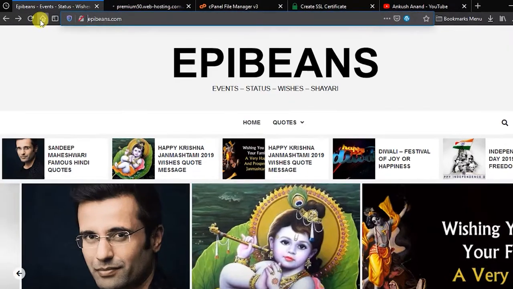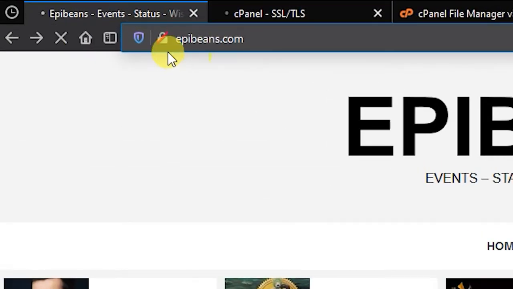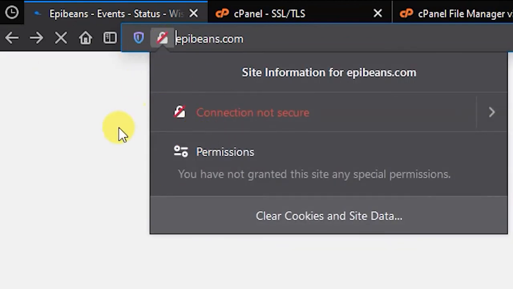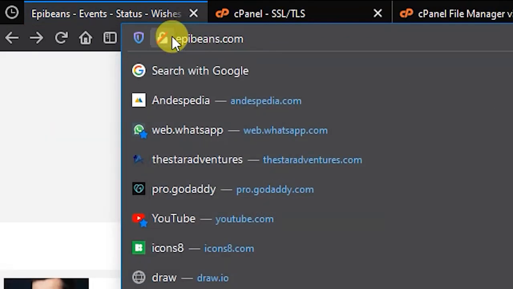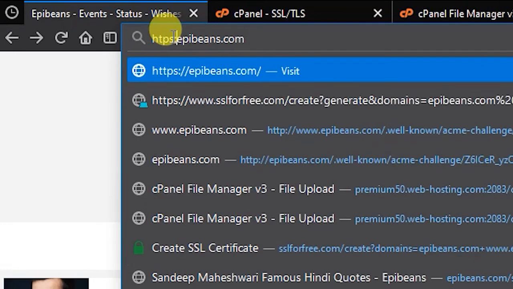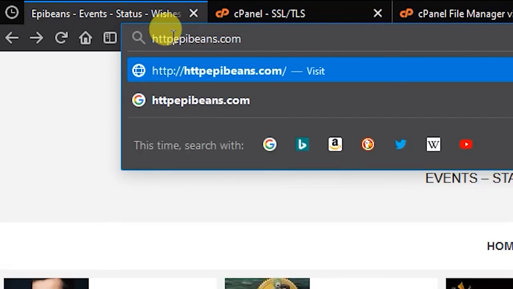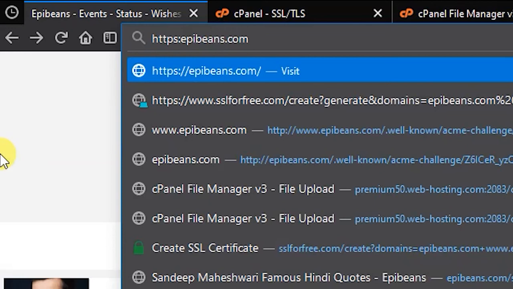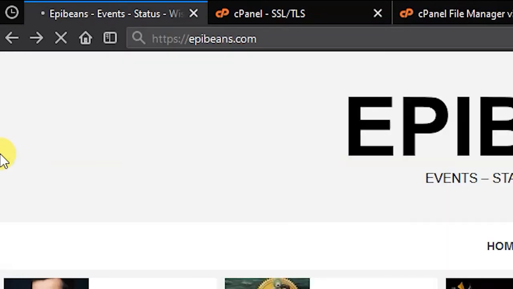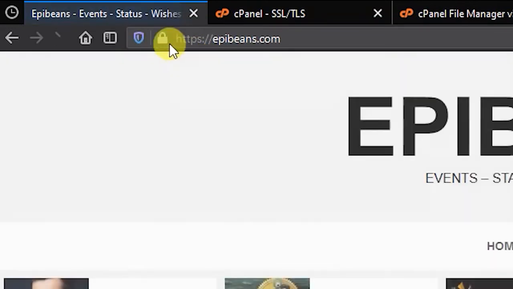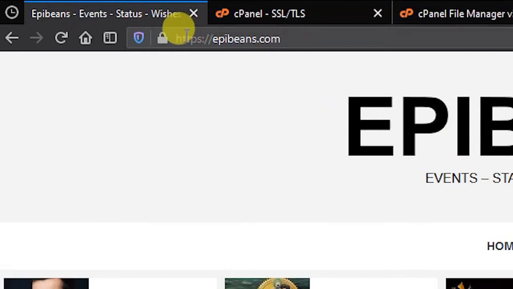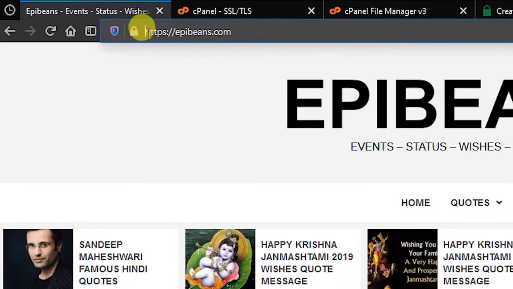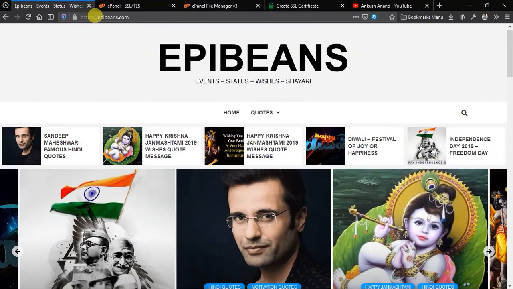So now if I refresh my browser and check the SSL certificate again, it may not show me the results. Like you can see, this is not yet done. Let's check it by adding HTTPS here. So you can see that it is actually done. So your SSL certificate is installed. Many times you may not be able to properly check it because there are some cache issues.